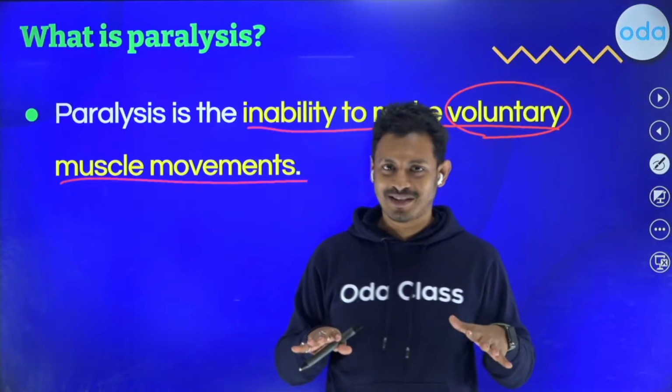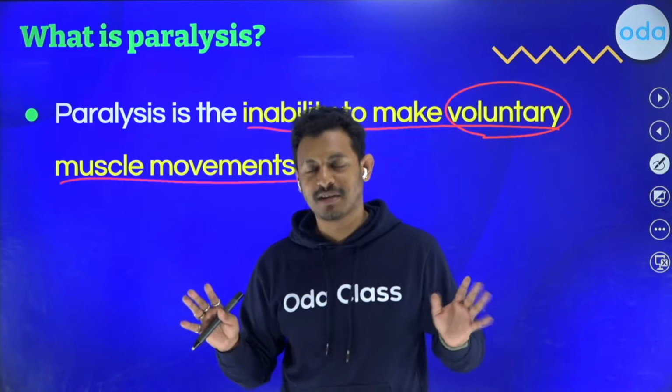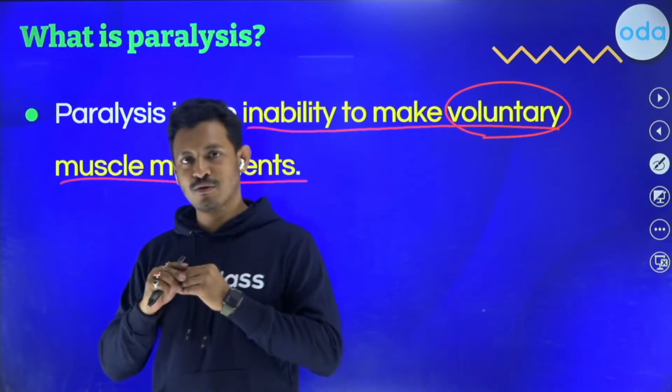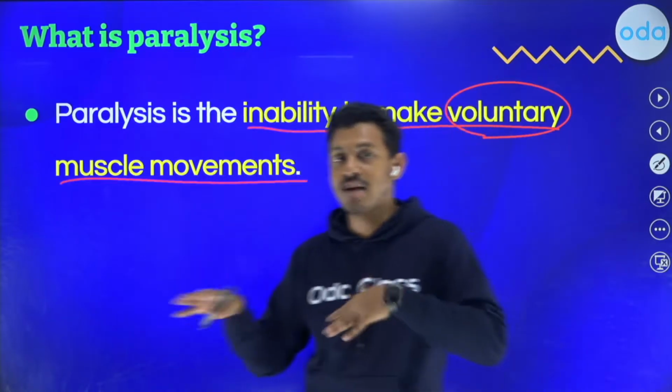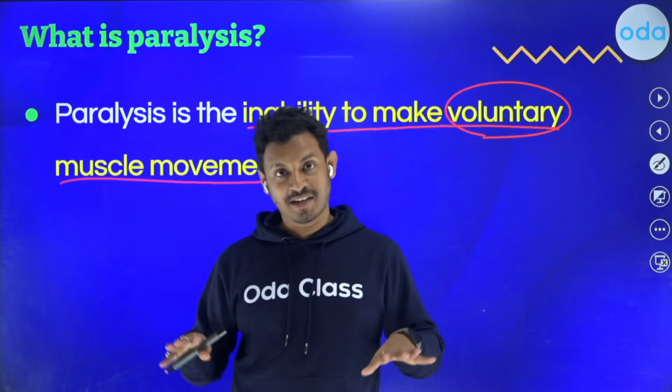That is an involuntary movement in your body. There are so many other involuntary movements in your body; the heart is just an example. And there are a lot of voluntary movements as well. Voluntary movements allow us to move, use our body, eat, hunt for food, and so much more. Now, paralysis basically means you cannot do it.